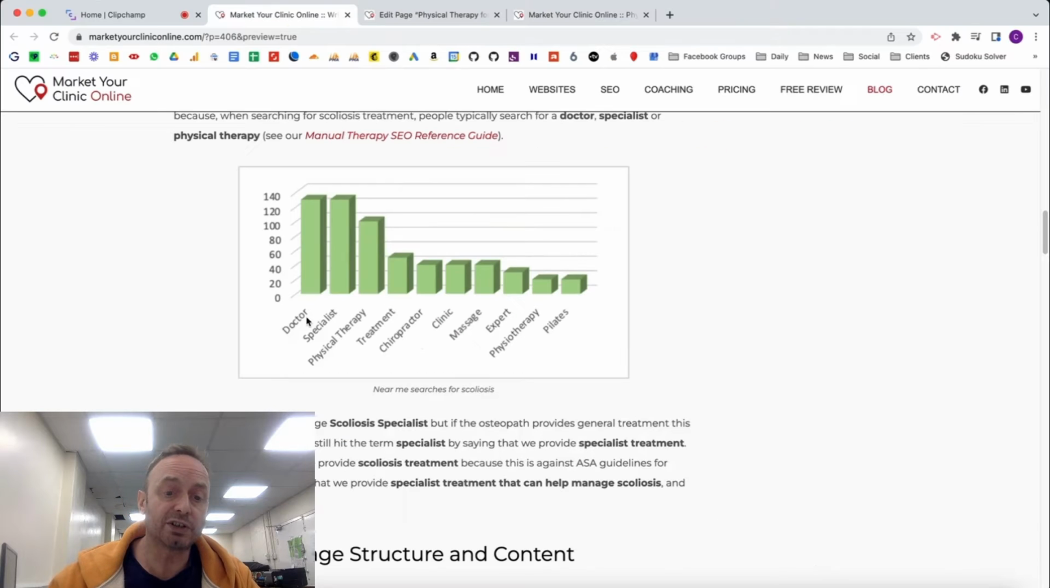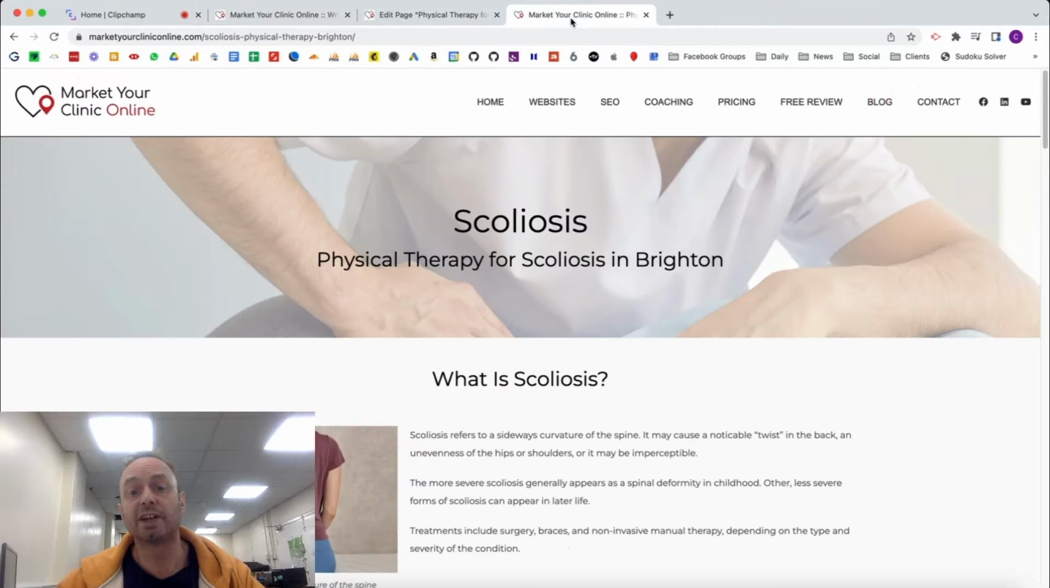Now, you can only be a doctor if you're actually a doctor. You can only be a specialist in so many things. You can't call every single condition page on your website something specialist. So that's why we've gone for physical therapy here for scoliosis. Someone who's looking for back pain treatment is much more likely to type in clinic and look for a back pain clinic. The same with sports injury. So you might say on your sports injuries page, sports injury clinic,